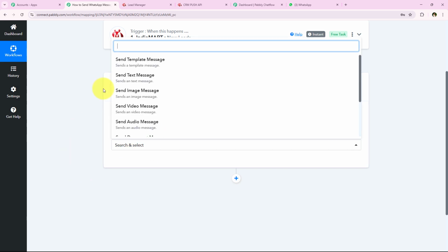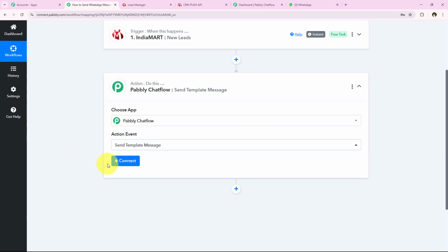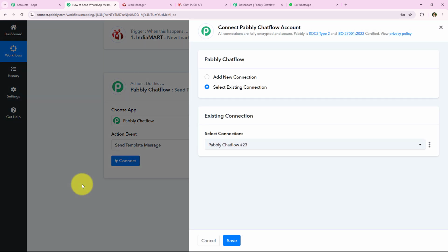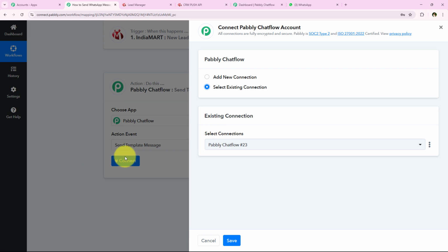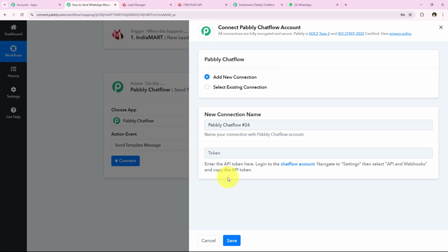And now for the action event, I'm just going to select it as send template message right over here and click on this connect. And now it is asking me to add a new connection or select an existing connection. So if you have already connected your Pabbly Chat Flow account with your Pabbly Connect's workflow, you can click on this button which says select existing connection and then save. But if you haven't, you have to follow me, click on add a new connection, and now it is asking